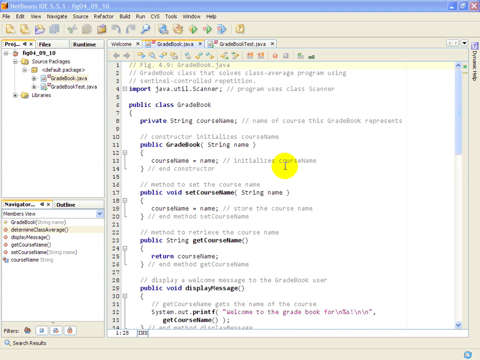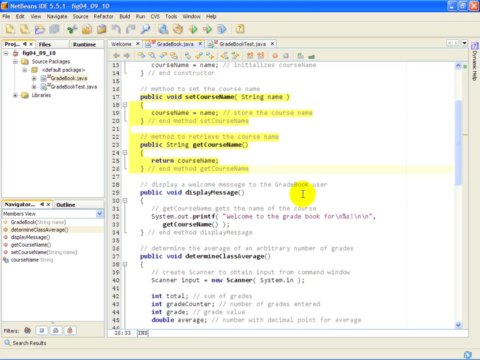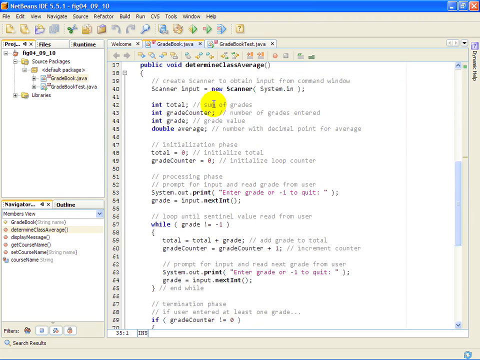Now, the vast majority of the gradebook is identical to the last example. We still have our class Gradebook with its one private instance variable called course name of type String. We still provide the constructor to initialize that course name variable and the set and get course name methods to enable us to manipulate that course name. Our display message method is still provided to display the welcome to the gradebook,